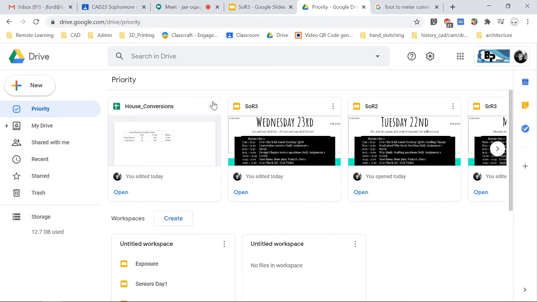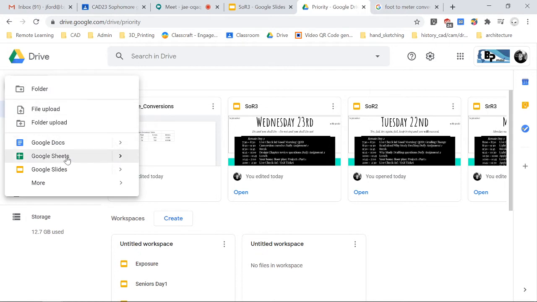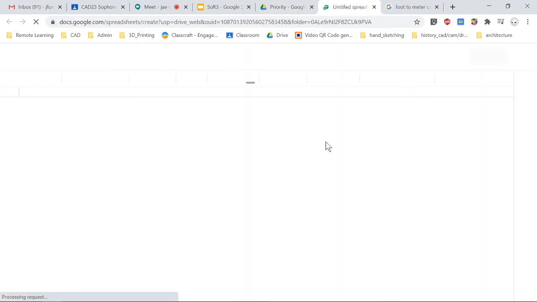So I'm going to show you some quick and easy tricks you can use that'll make your life a lot easier when using Sheets with formulas. So you're going to go into your drive, click New, click Sheets,